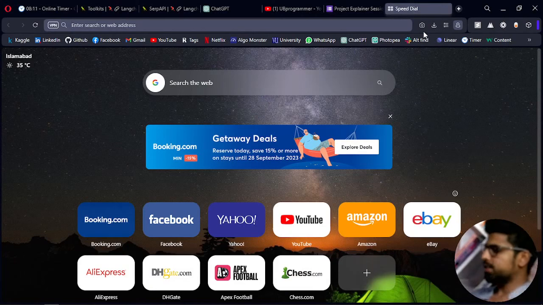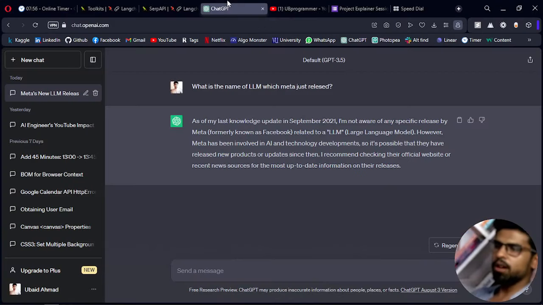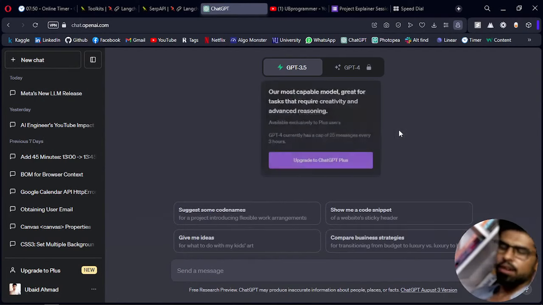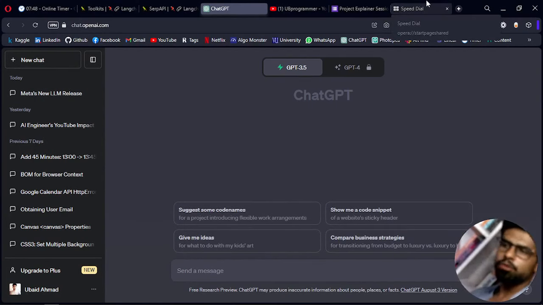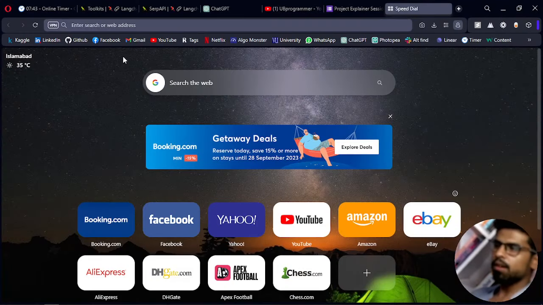Let's see a practical scenario. Let's say you want to search something on Google which is happening right now, and your ChatGPT or any LLM doesn't know about that, right? As we all know, GPT is restricted or limited to September 2021 knowledge. So we have to search on Google. If we have to search on Google, then what to do? This particular use case is what is addressed by agents